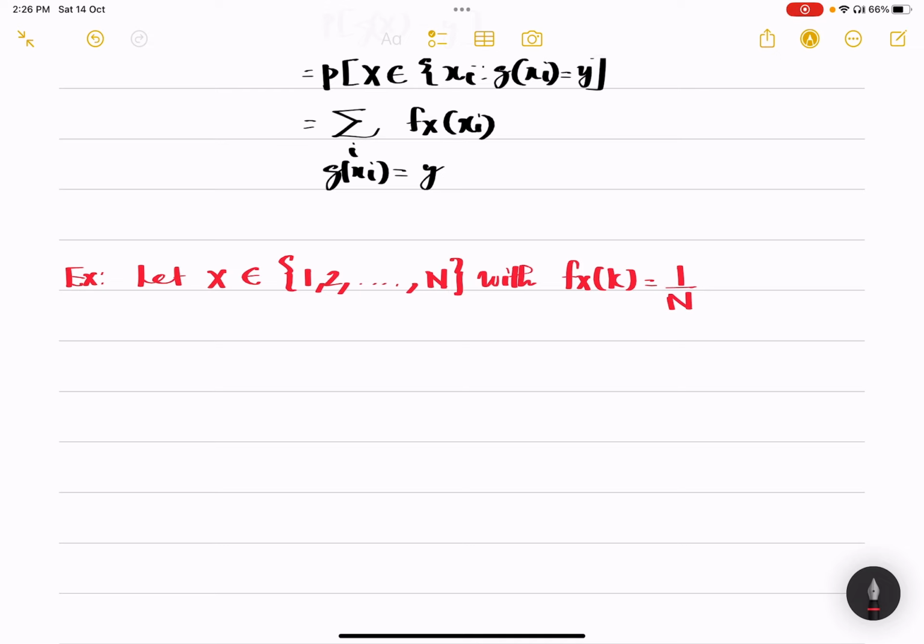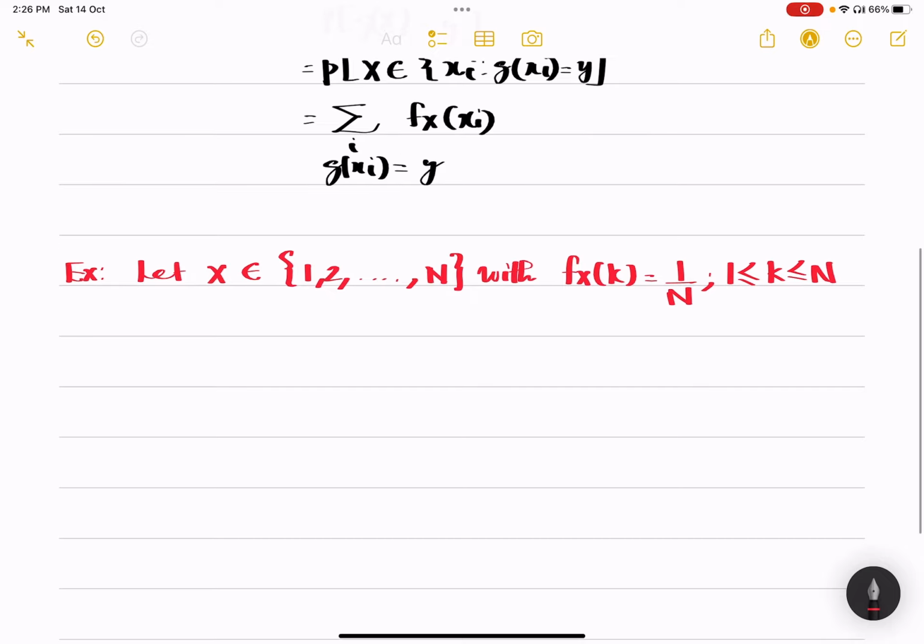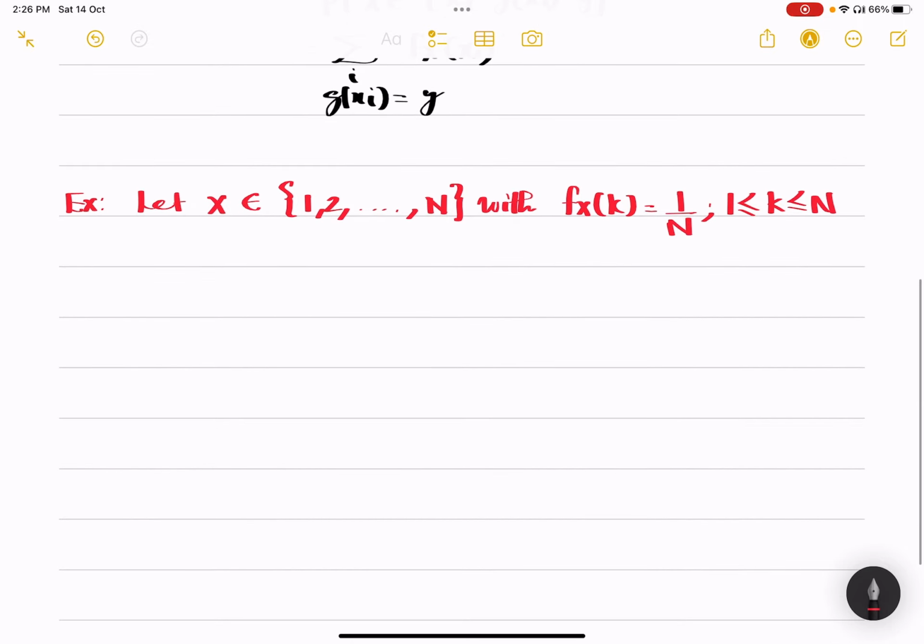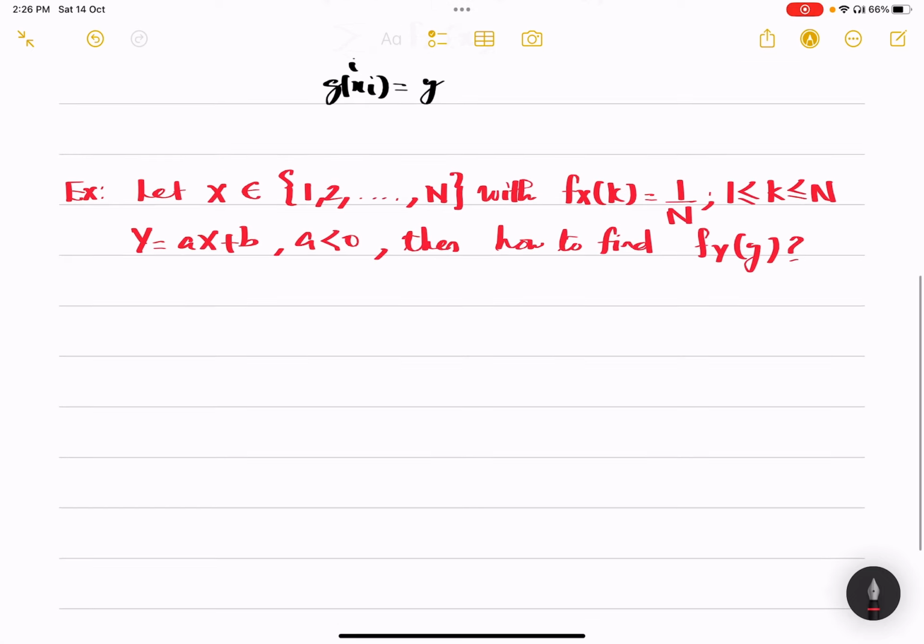This is an equally likely assumption, and it's uniformly distributed. And y is equal to the same affine transformation we had earlier. Then the question is how to find fY of y,